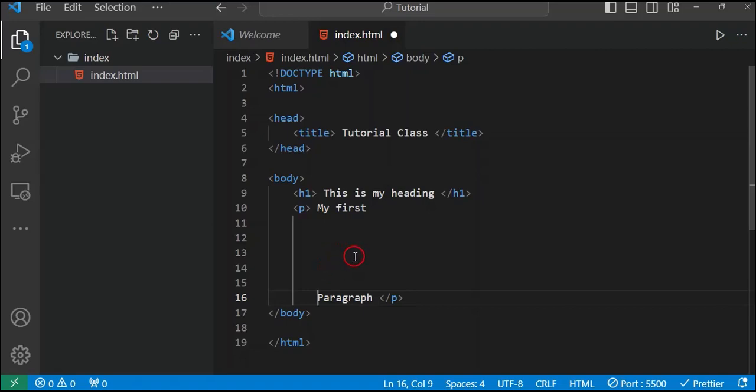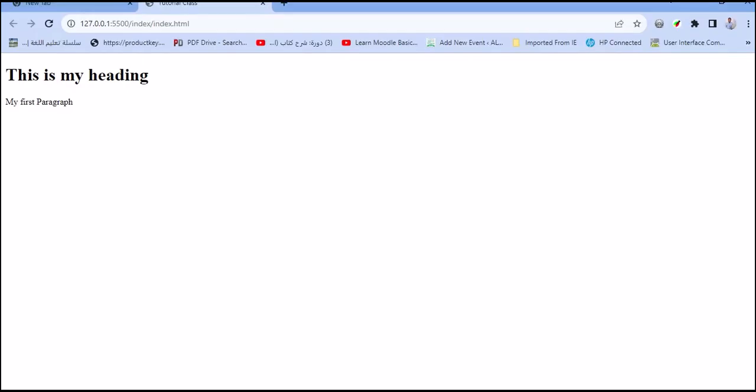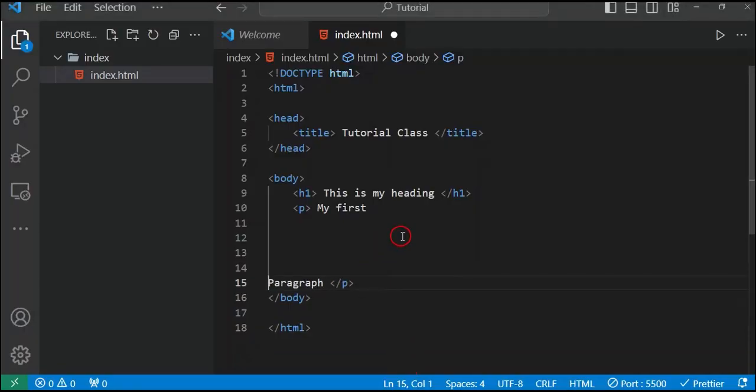But unlike Word, in HTML no matter how much space you insert, it will never reflect. If I save now and go back to my web browser and refresh, you see that nothing is displaying here. But if I type the BR tag,